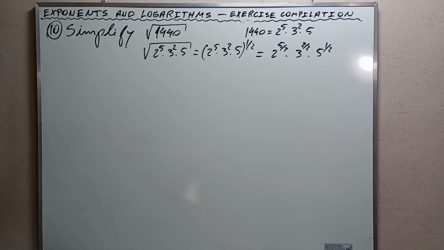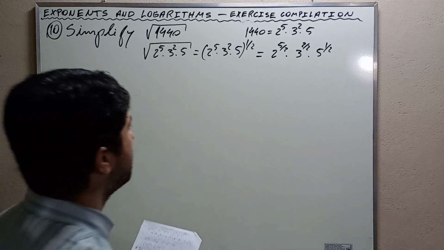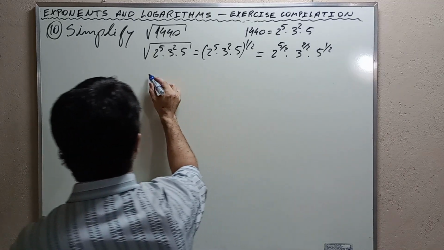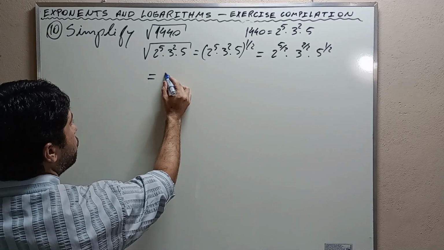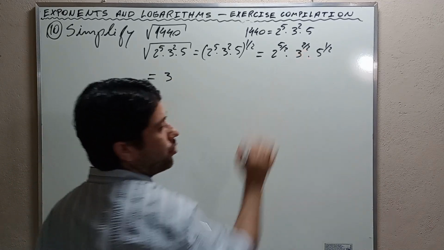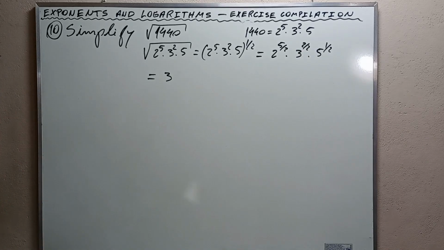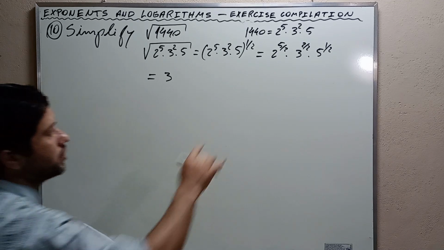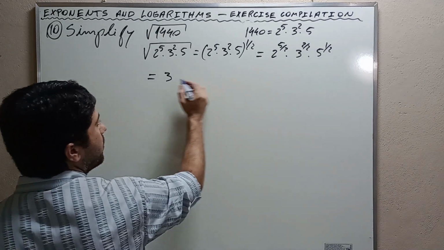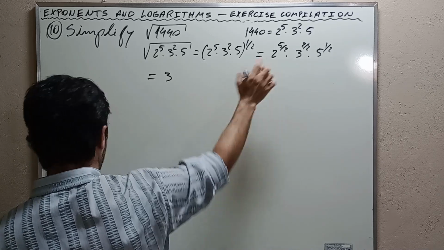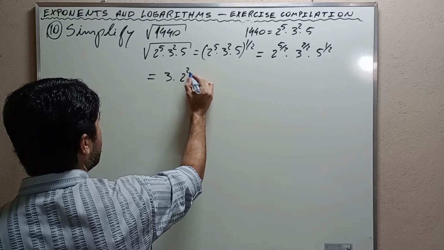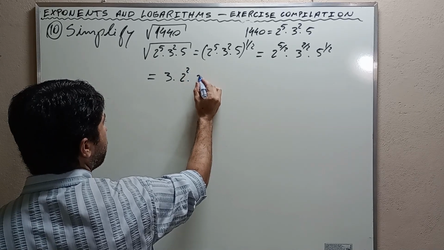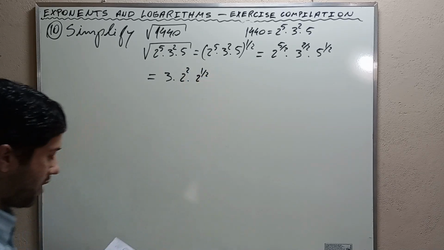And in this way, 2 divided by 2 is 1, 3 raised to the power of 1 is equal to 3 times, I'm going to split it apart here, this 2 here, and I find that it is 2 squared times 2 raised to the power of a half,